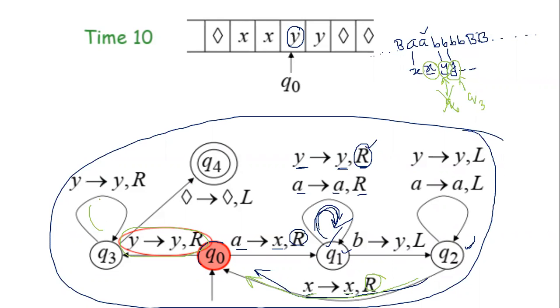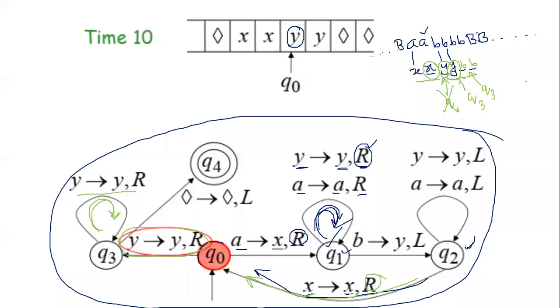And you see there is a self loop in Q3. Why? Because you are expecting that you have not got any X, you have not changed any A over here. That means all the B also should change. But here 2B is unchanged. That means if you go on checking this, a time will come where you will encounter a B and you are in state Q3. Right? Am I clear?